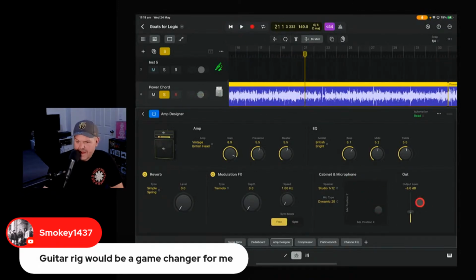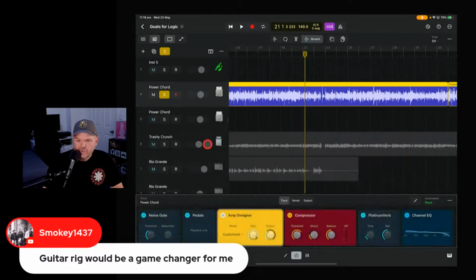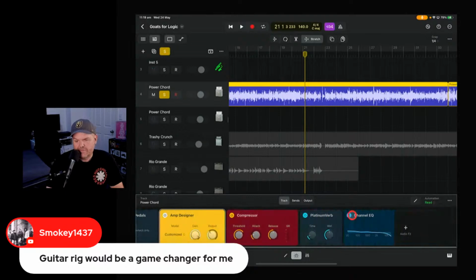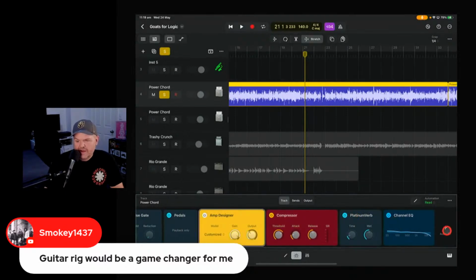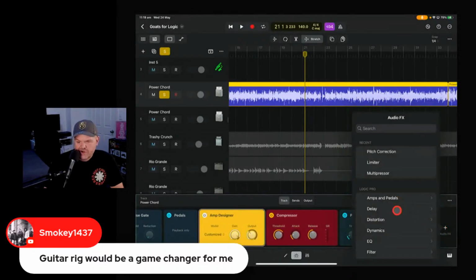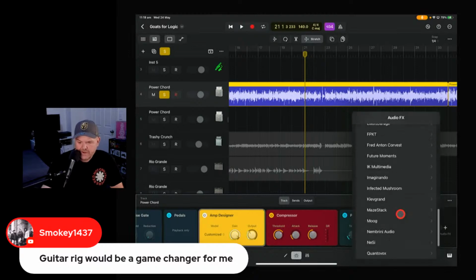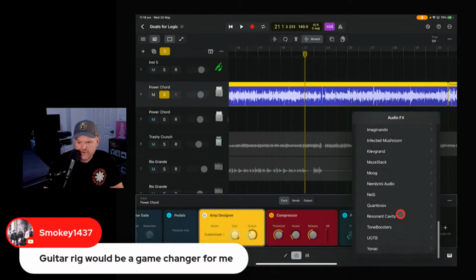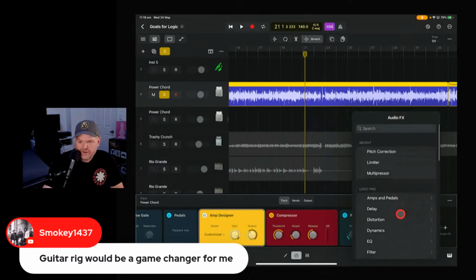Pretty cool, yeah. So there's lots of options in there in your Amp Designer, and don't forget you can still use any of your other plugins you want. So if you love using things like Tonebridge, then you can do that. Is that going to just be here under tone? Also tone boosters? No, that's not it. Actually, let's use the search because we have it.